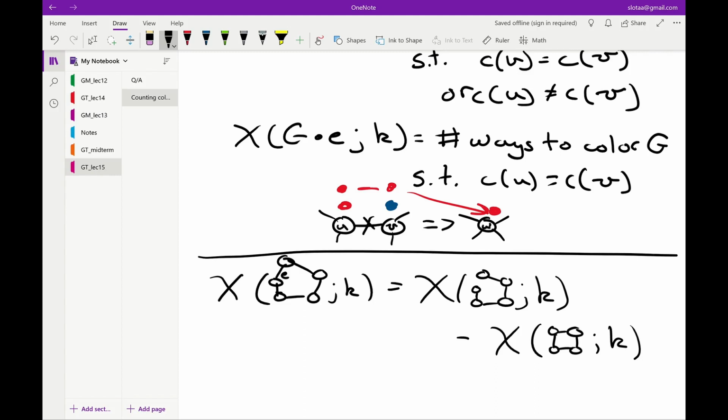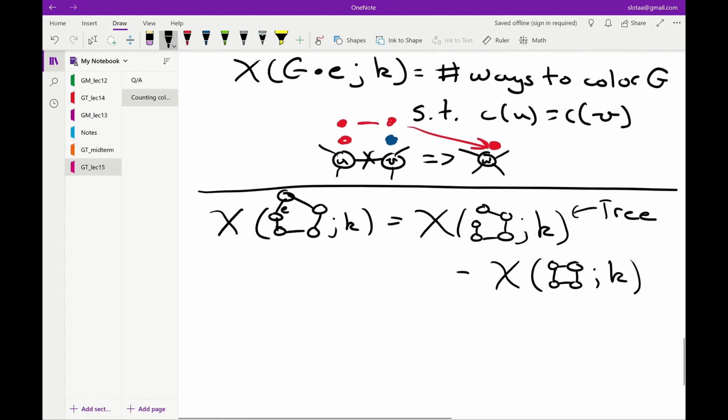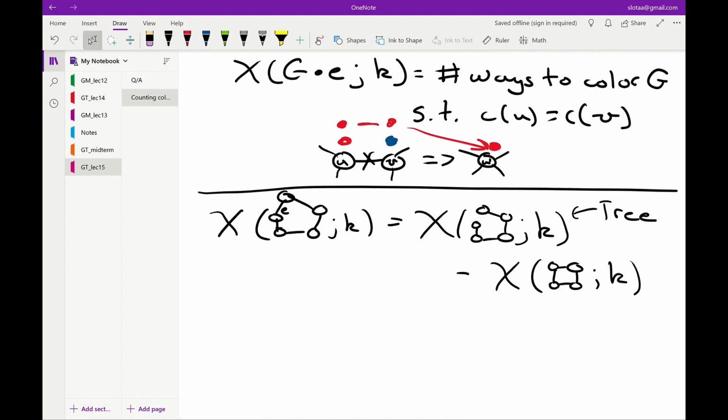Right away, we have a tree on 5 vertices, so we can reduce that to k times (k minus 1) to the 4, and then minus